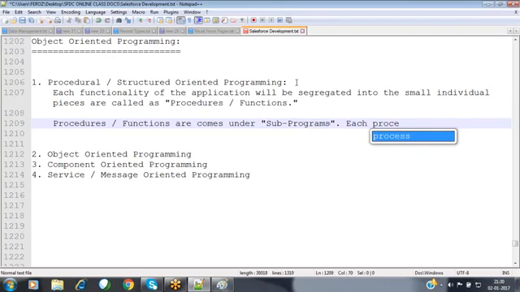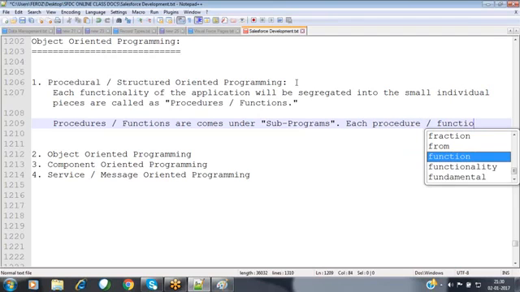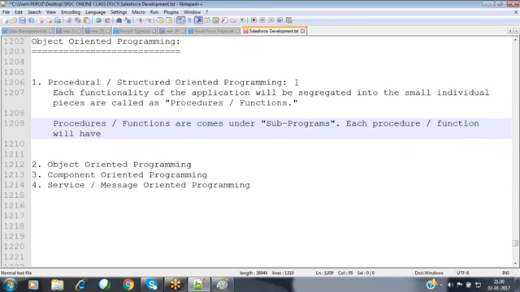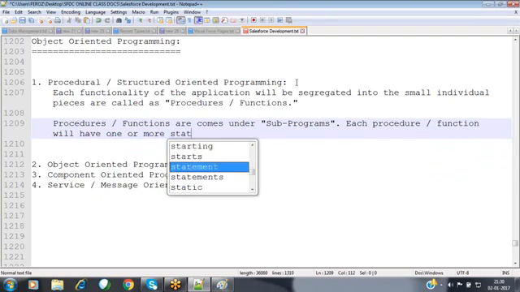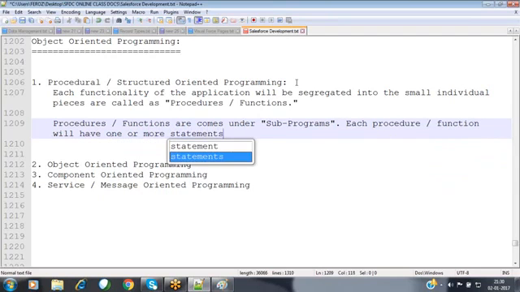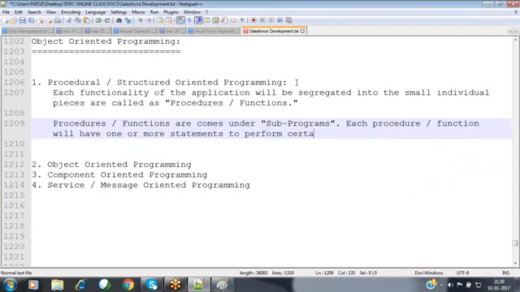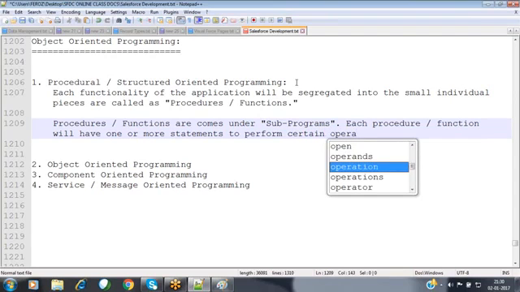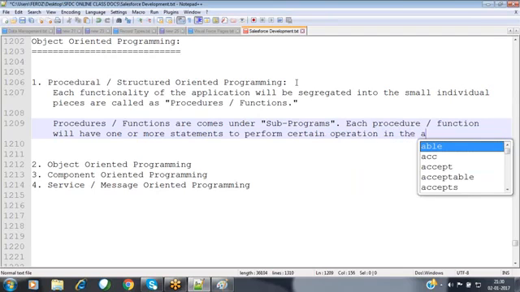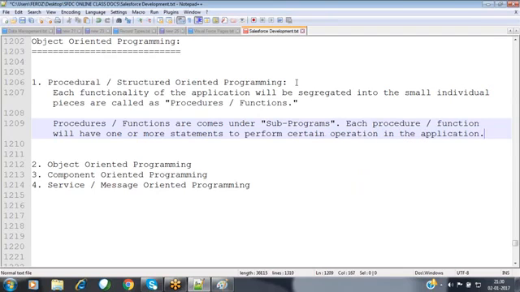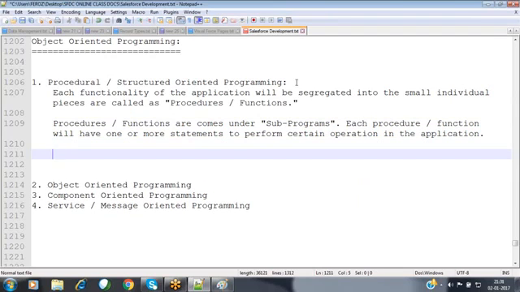Each procedure or function will have one or more statements to perform a certain operation in the application. Each and every subprogram, nothing but the procedure or function, contains one or more statements to perform certain operations inside this application.